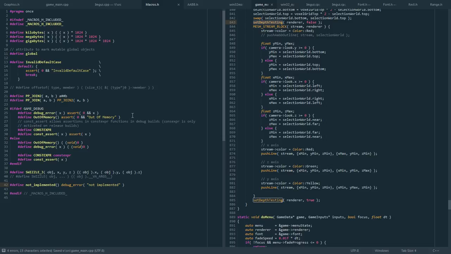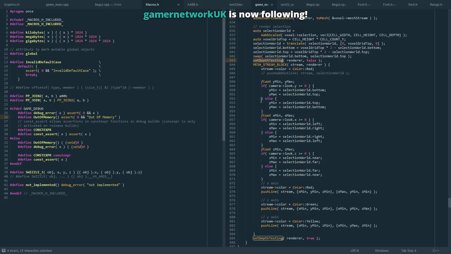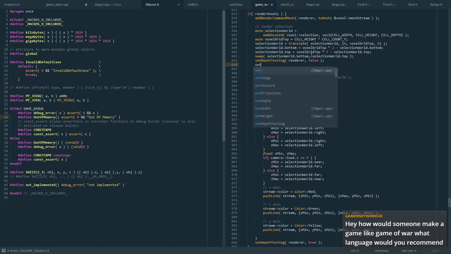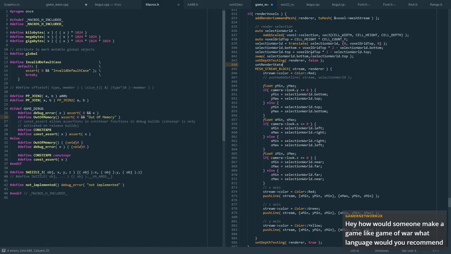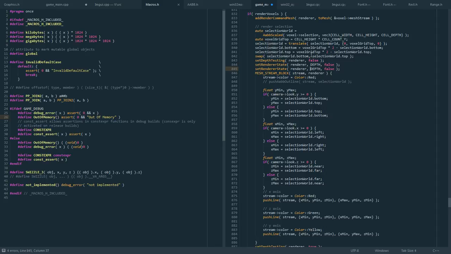Except I don't have a set depth testing function. Just thinking about, should I have different functions for each option, or I could write it like this too. Something like this. And then I could use the same thing for